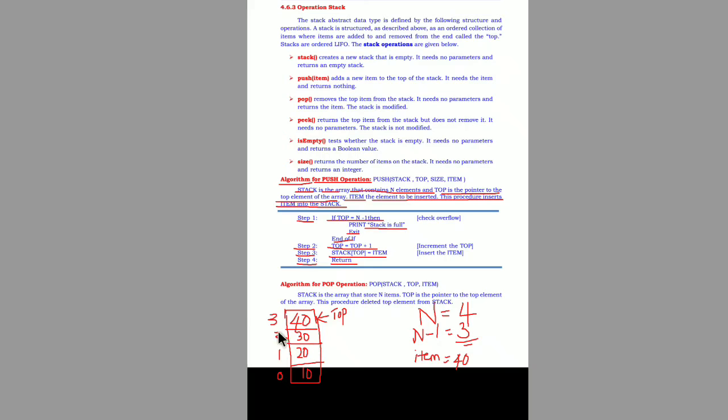Now if you further perform a push operation when the stack is full, condition 1 will become false, sorry, true, and the program will get terminated there itself. Every time when you push an item into the stack, we increment the top pointer by 1 unit and then we copy the new data item into that location. So that's the procedure. Suppose the size of the stack is 6.